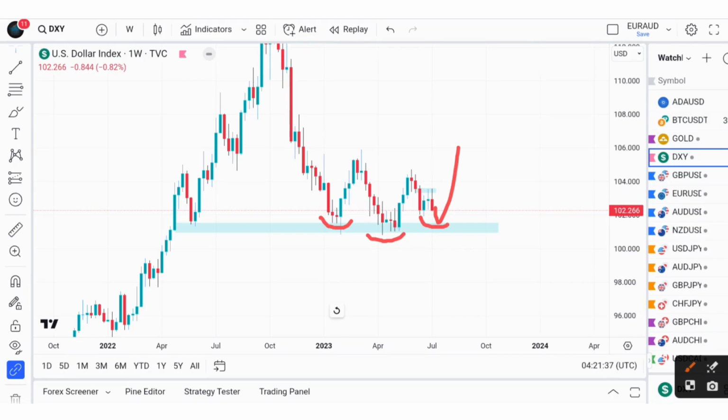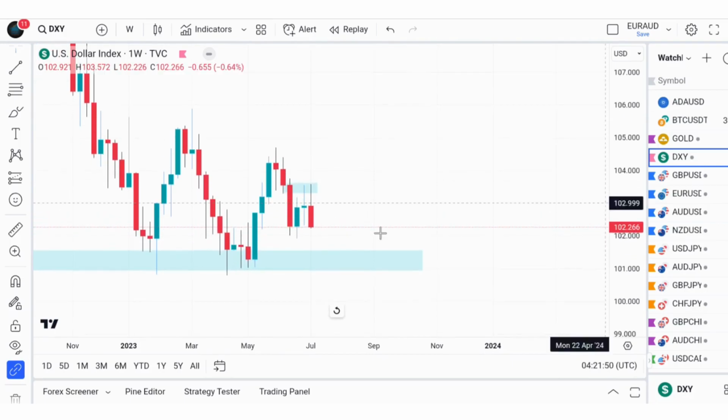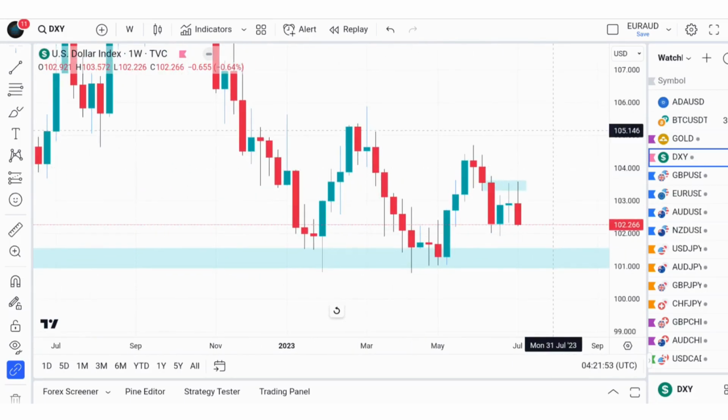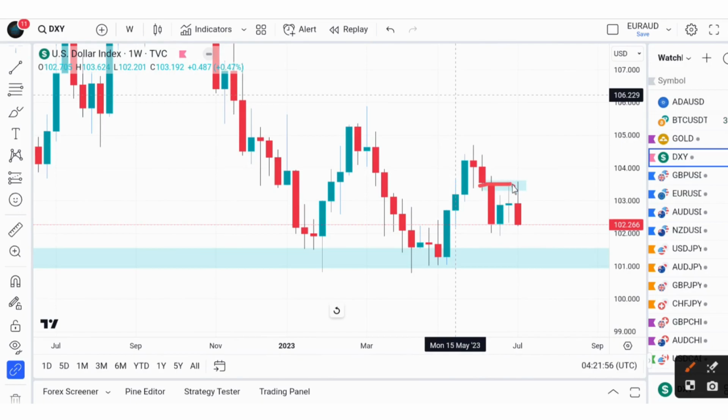We should be looking at more weakness in the US dollar, because if we zoom in closely like this, this is a doji candle which signifies reversal at this supply level. As you can see, this is a doji candle. And then we have this weekly candle close, the last week's candle closes below it. So actually we should see another weekly candle close below this candle, then maybe before we see a rejection at this level, or we might see a break of that particular level right there.